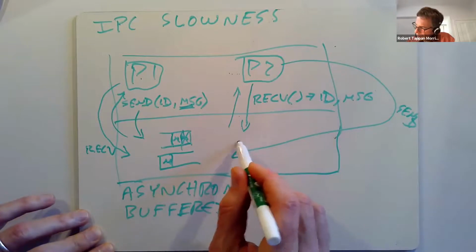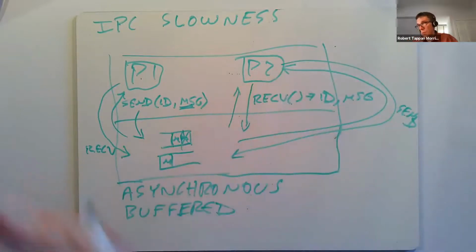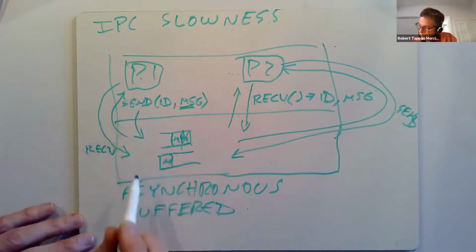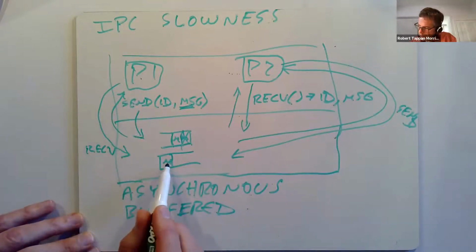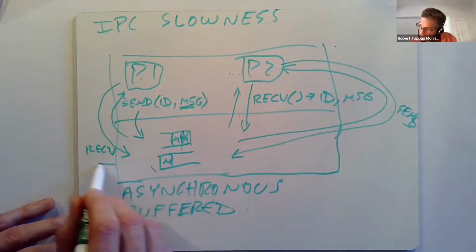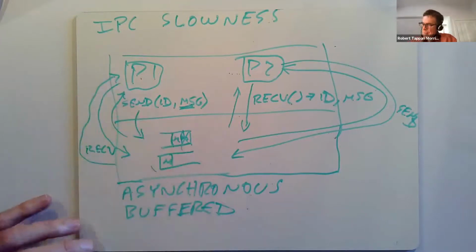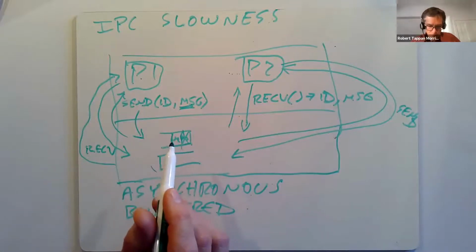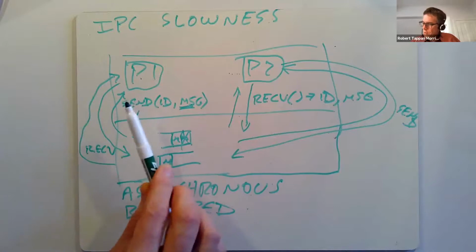And then the send system call will return to P2. And at some point, presumably P2 will give up the CPU. Maybe the timer will go off. Then P1 will resume execution in the kernel, see that there's a message there, and return it back to user space. And so that means that in this design, this slow design, in order to have a request and a response,